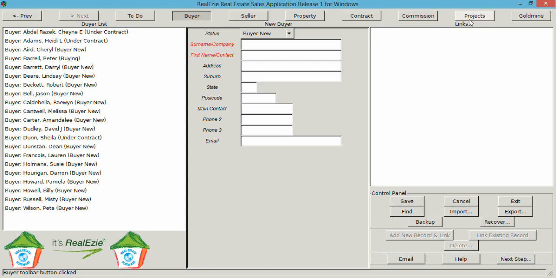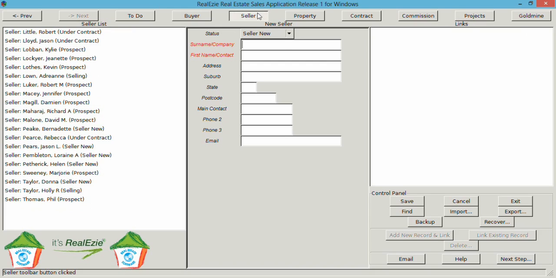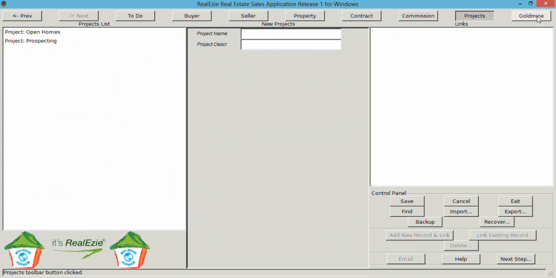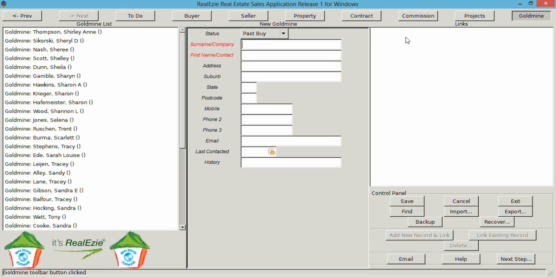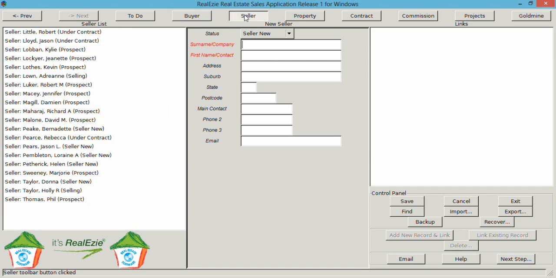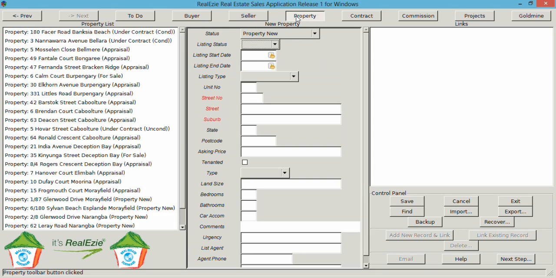So if you look at the system itself, there are a number of buttons along the top: buyers, sellers, property, contract, commission, projects, and Goldmine. Buyers, well, that's self-explanatory. They're any potential buyers you have out there. Sellers, again, self-explanatory. Sellers are those people you're talking to who are actively considering selling their property in the not too distant future. The only difference between the buyer and the seller is that the property will be linked to